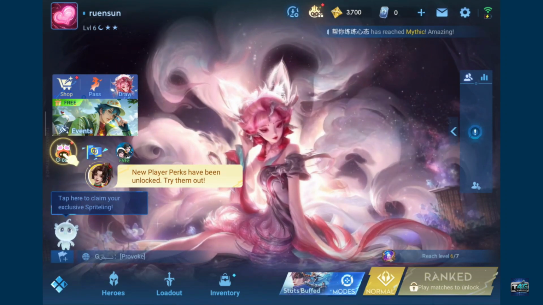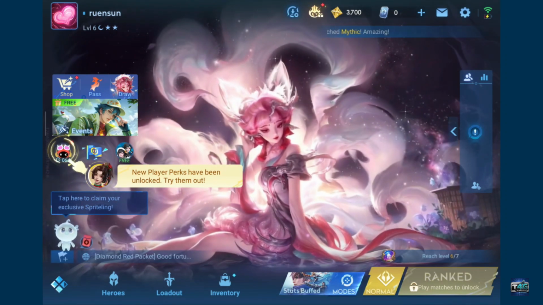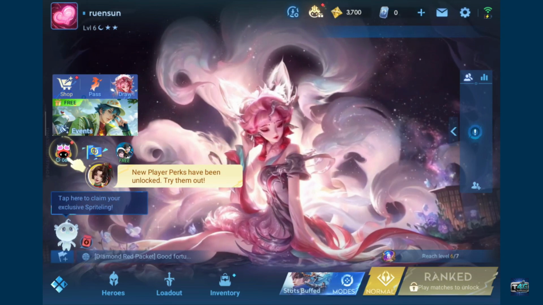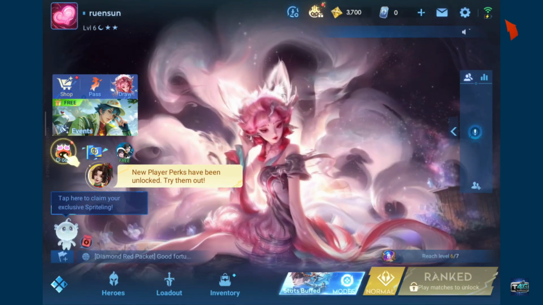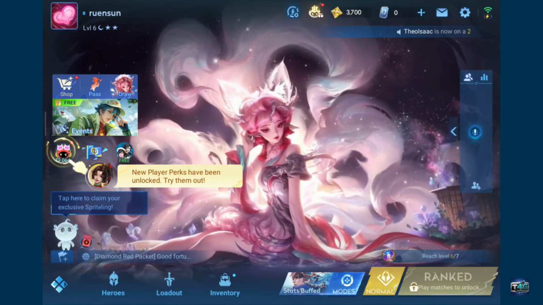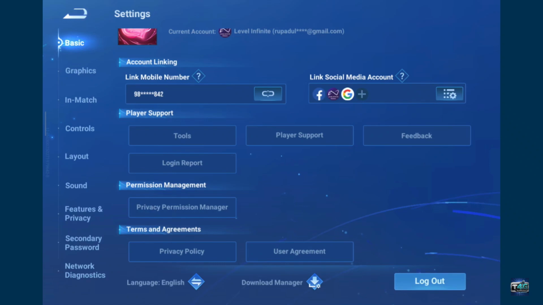First of all, open the Honor of Kings game on your device, and from the home screen or the lobby screen, go ahead and click on the gear button at the top right corner. From the settings menu that appears on the screen, go ahead and click on this preference button right next to